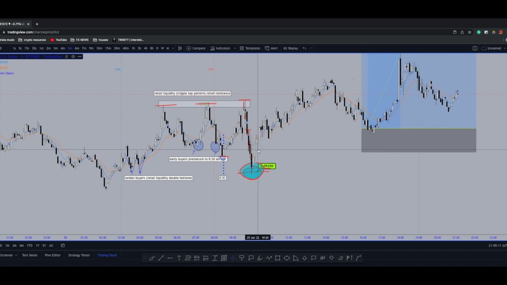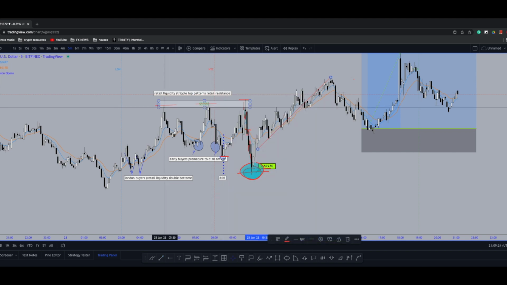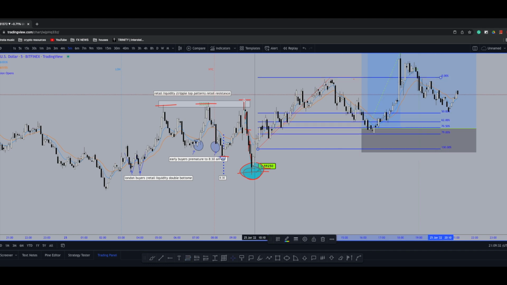Now, overall, this is the most significant higher low that was created before the overall A to B move that broke through the retail resistance pattern right here in the form of this triple top formation. So we can take our Fibonacci from this low to the high, extend that over, and if we want to get on the moving train where the banks and institutions have now grabbed liquidity to the upside in the form of retail sell